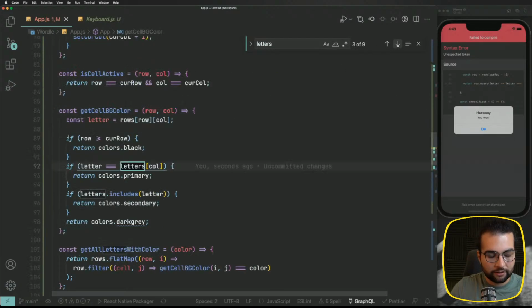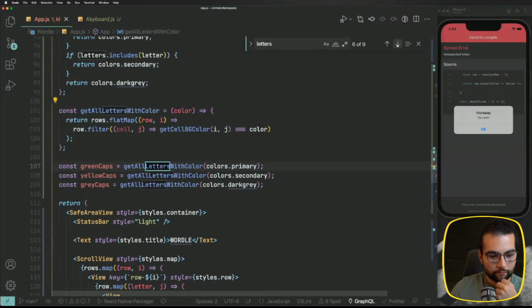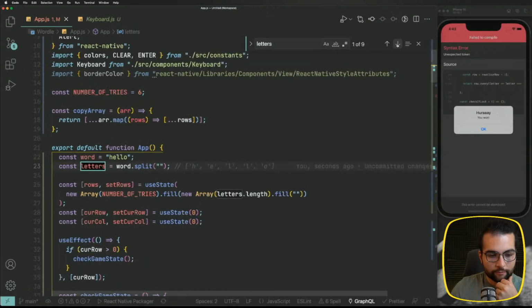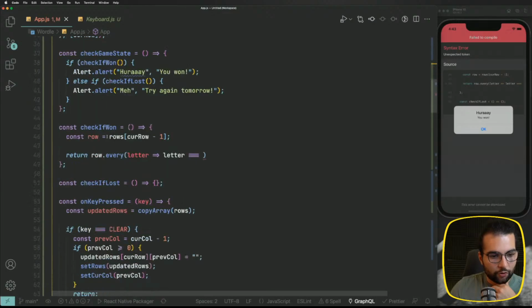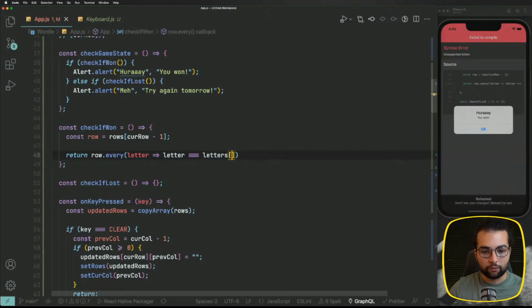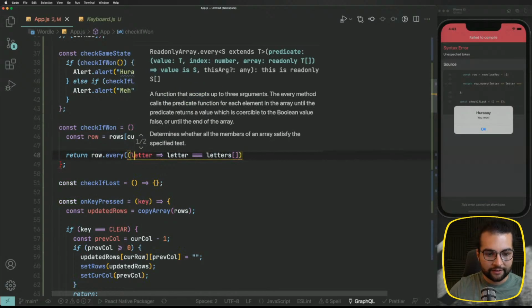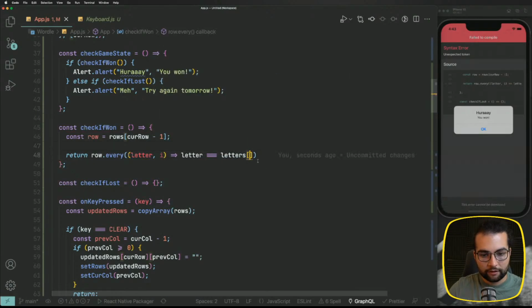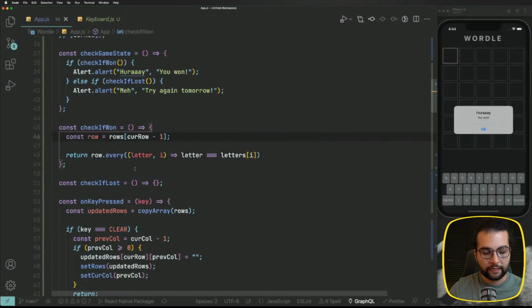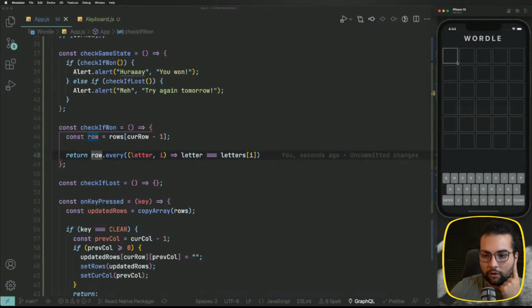Letters here, letters column. Maybe we could use it as an array. So check if one, if letter is equal to letters at the same position, but what is the position of this letter? Well, we can get it the same way as we did previously by taking the i here. So at position i. So if every letter from our row here,